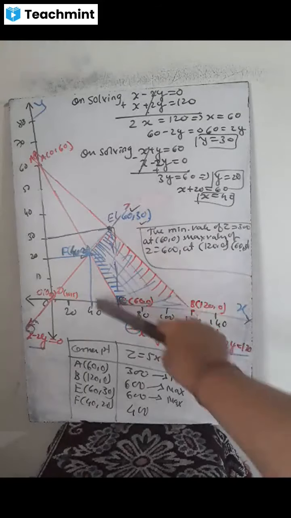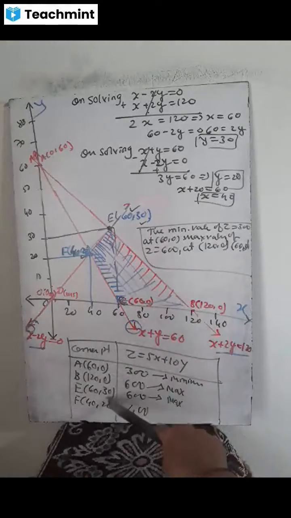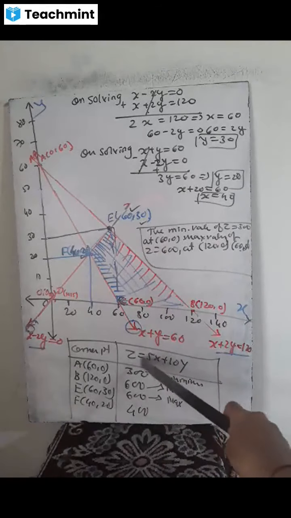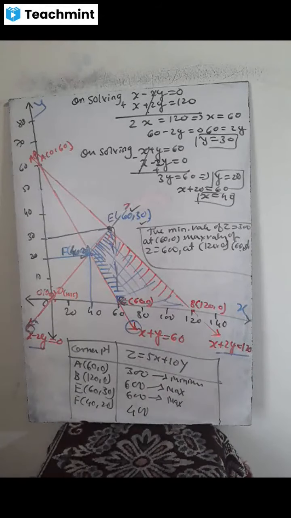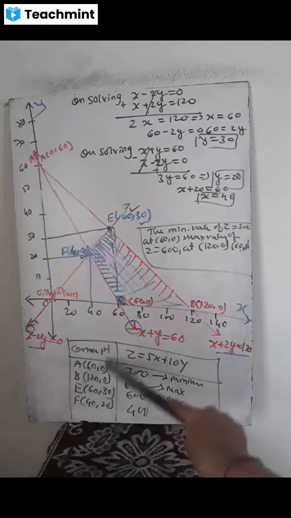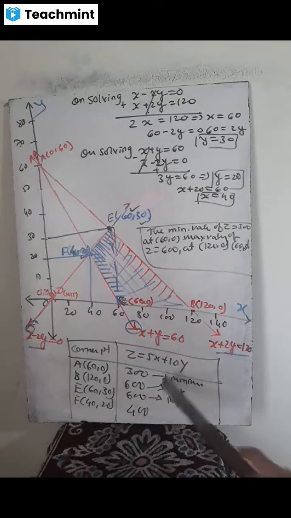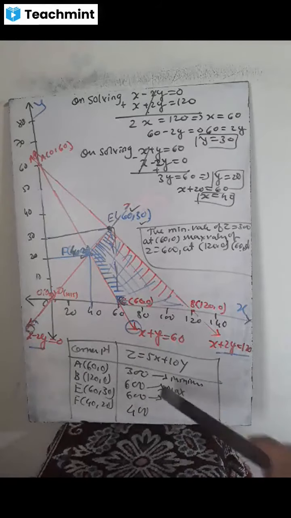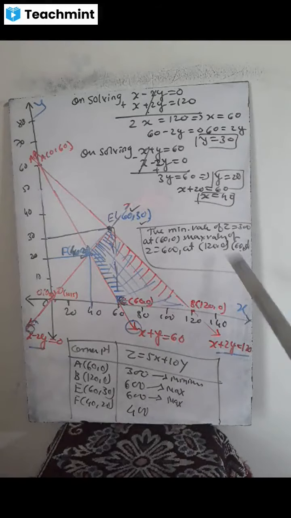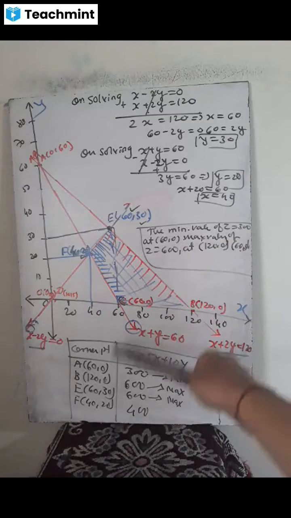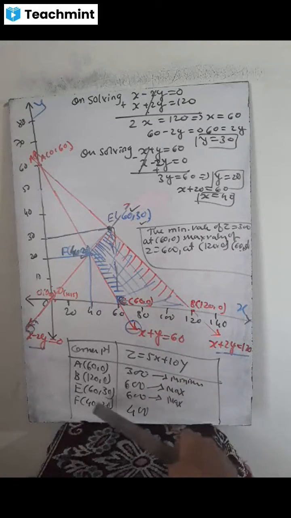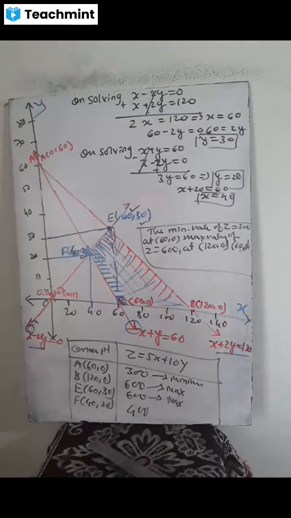Now these are the four corner points. So all four corner points I have put here for the feasible region. And now we have to find the minimum and maximum value of z. Putting all these values of x and y, we find the corresponding z value. So we come to know that this is the minimum value and these two are maximum. So here we have mentioned the minimum value of z is 300 at this point, and the maximum value is 600, and this 600 value is maximum for these two points. So I have put these two points.